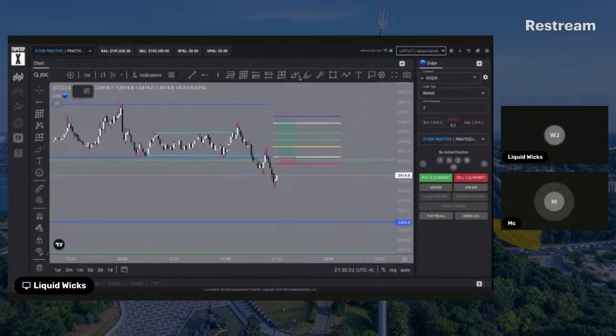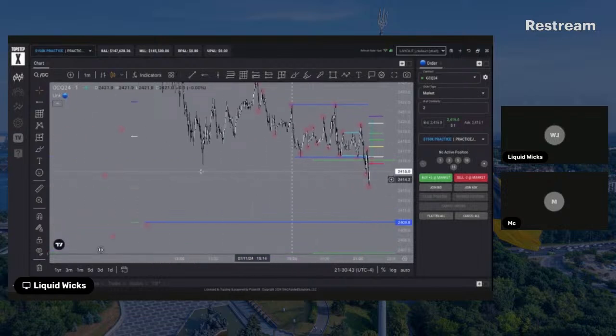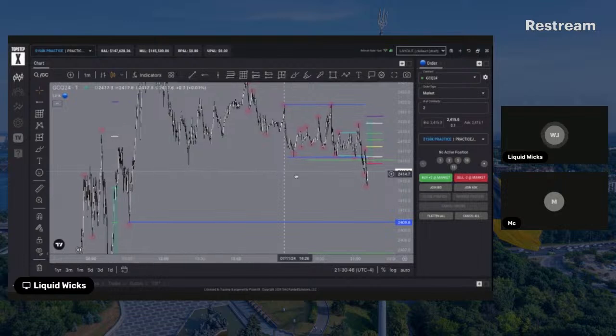Now, if we come back up here and close above here, then odds are that we're going to continue doing some of these to the top end of this range. For me, yeah, that's